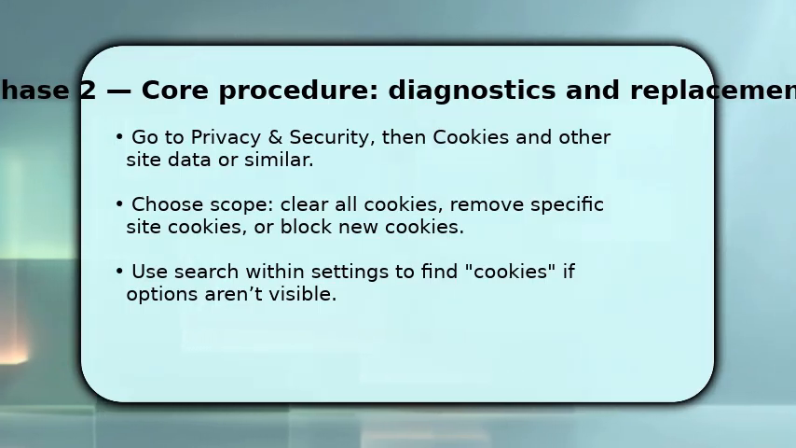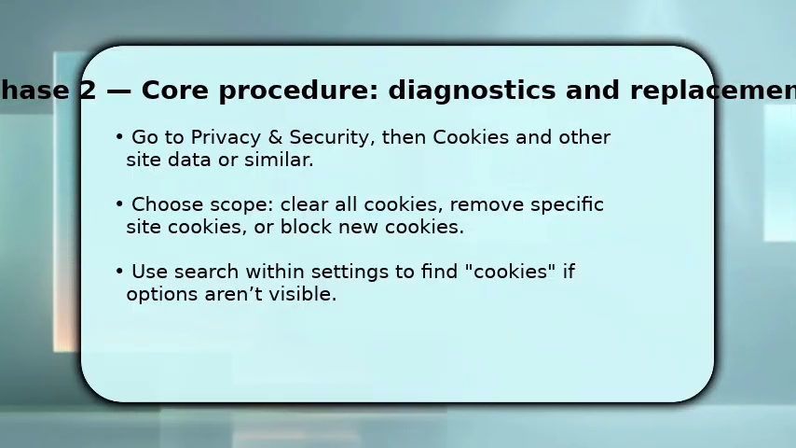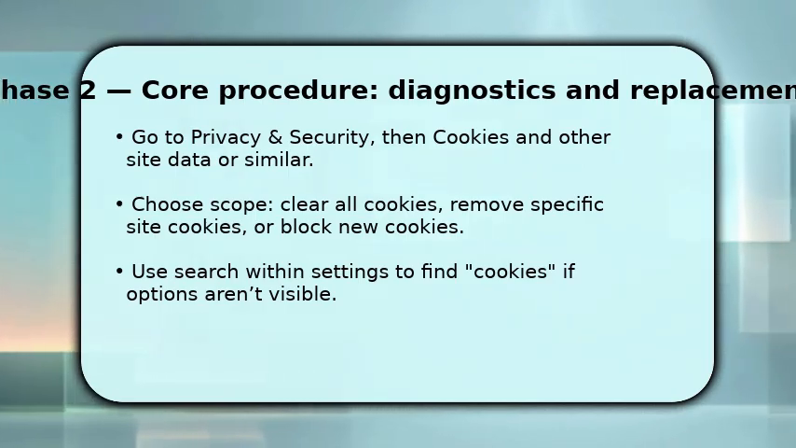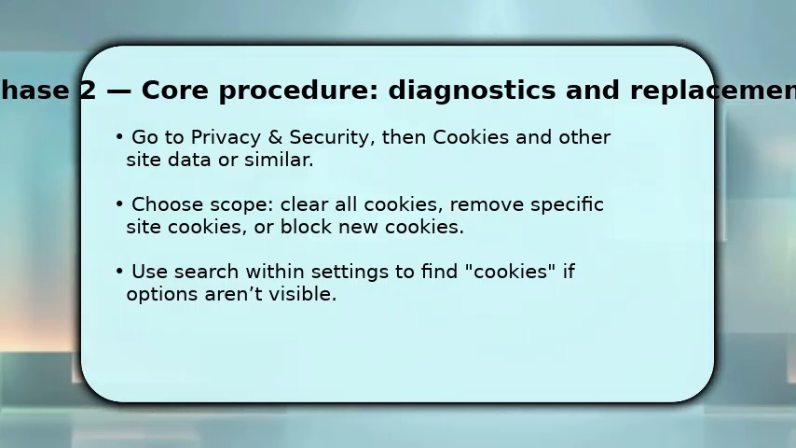You choose whether to clear all cookies, remove cookies for a single domain, or block cookies going forward. Each choice has different consequences. Clearing all resets site preferences, deleting one site targets just that site, blocking prevents future storage. Make sure to use the settings search if the option is hidden, and review saved site exceptions before you delete